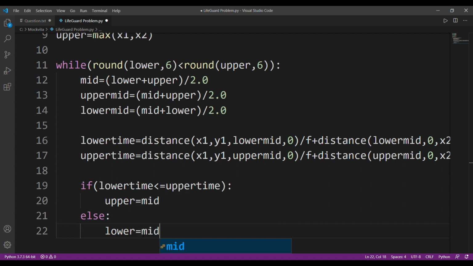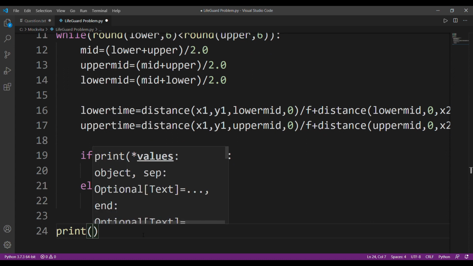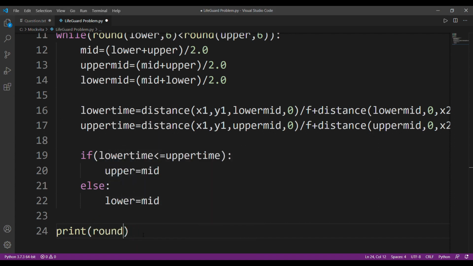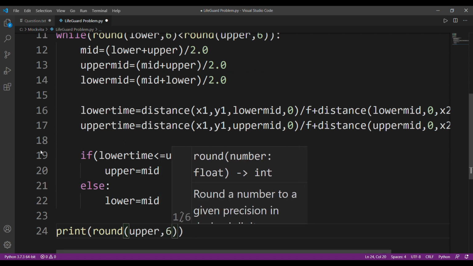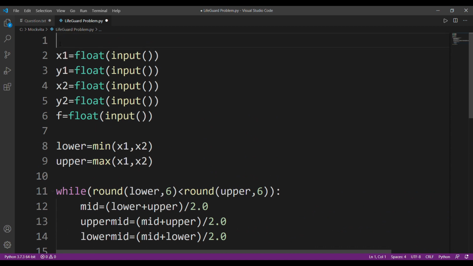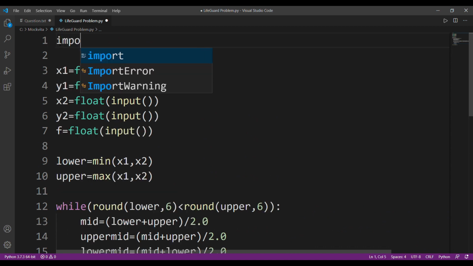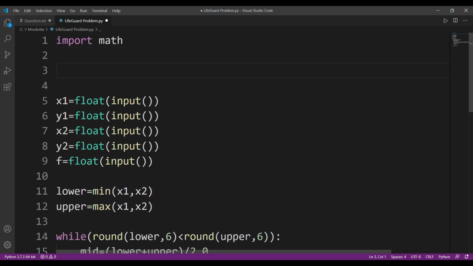Okay, all right, so this is our complete code, and after that we'll just print since this loop will only stop when upper will be equal to lower, so let's just print our upper or lower, whichever one, and we'll round it up to 6 decimal places. Great. By the way, we haven't created a function distance. We'll do that. For that, I'll need to import math. I hope we know how to calculate distance between two coordinates. We have done a similar type of question in collision course, but we'll repeat again.